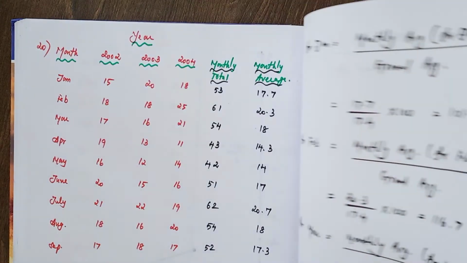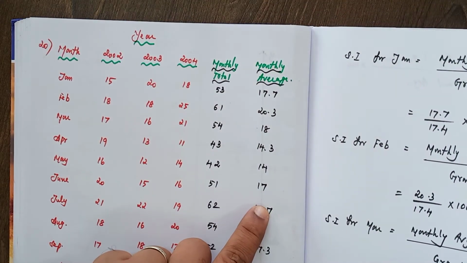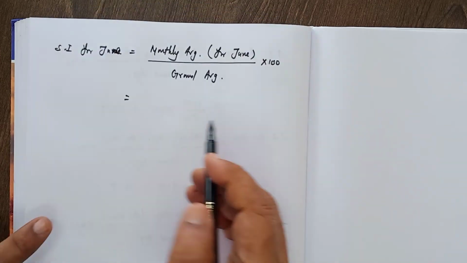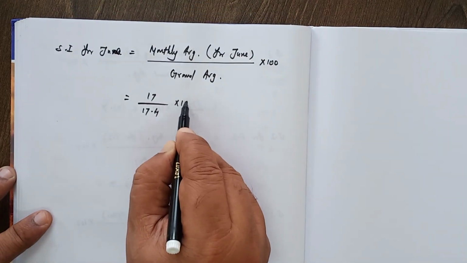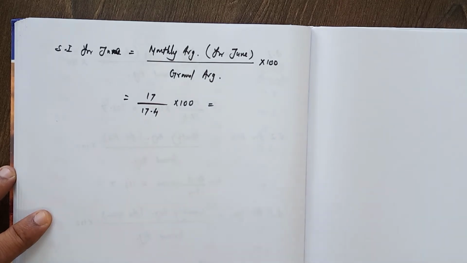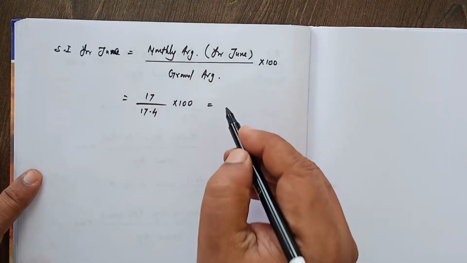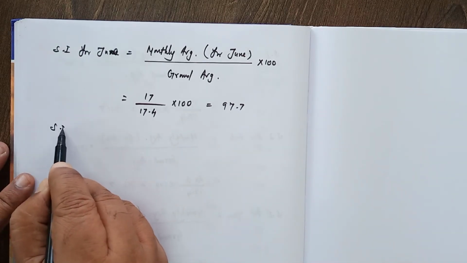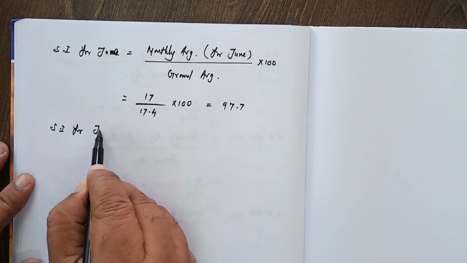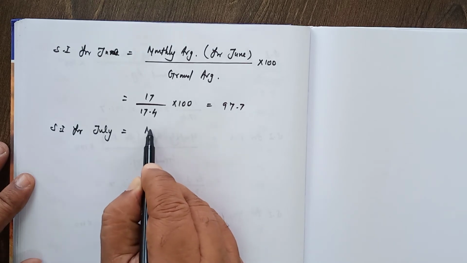June monthly average is 17. Grand average, that is common, 17.4 into 100, equals 97.7. Now seasonal index for the month of July equals